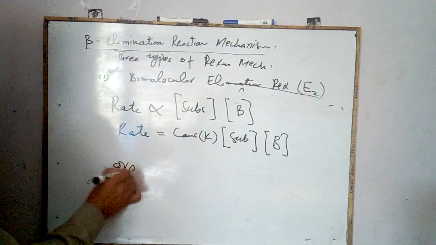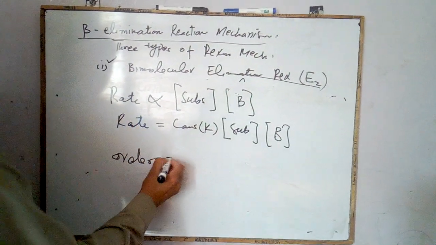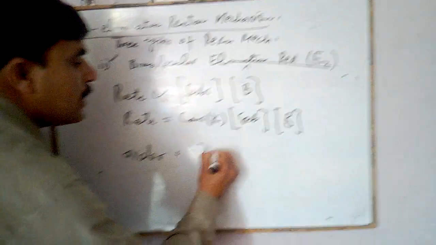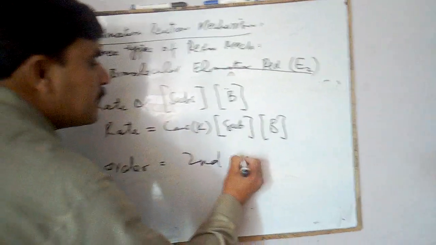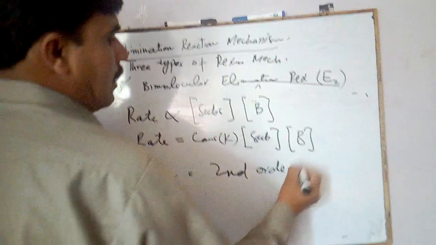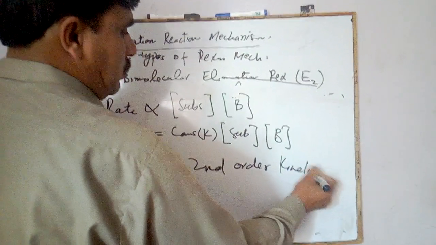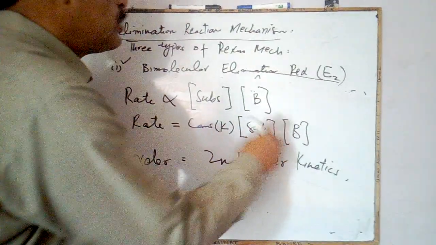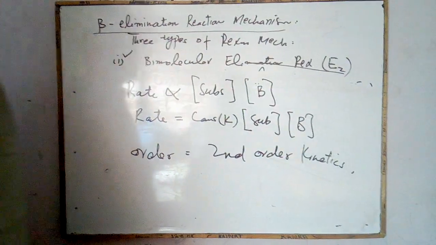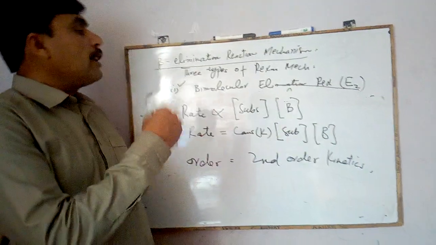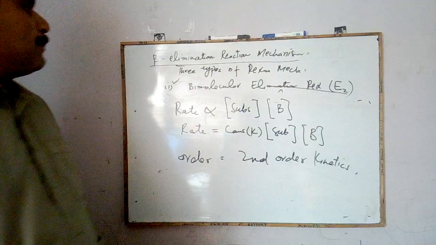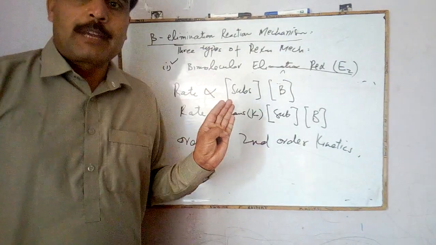If we check the order, the E2 reaction mechanism has second order kinetics, because the rate of the reaction depends upon both the concentration of the substrate as well as the base. So this is a bimolecular reaction, and in the next video inshallah we will discuss the E1 reaction mechanism